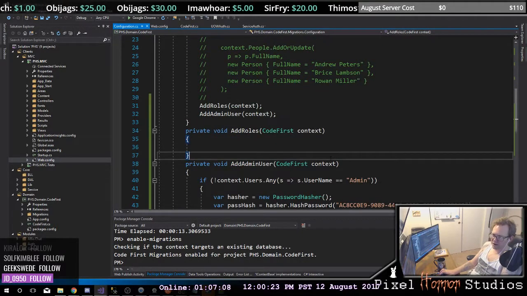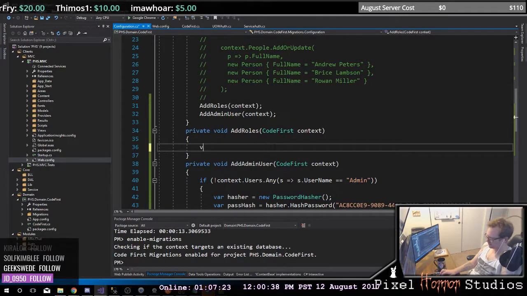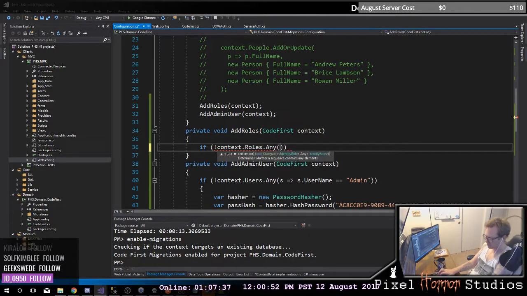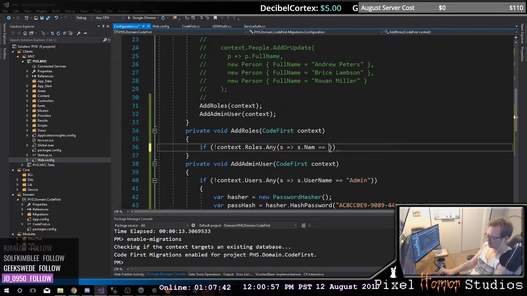Okay, so now, in add roles, we want to say var role equals, oh, we want to do now, if my context dot roles dot any, where my s dot name is equal to admin,